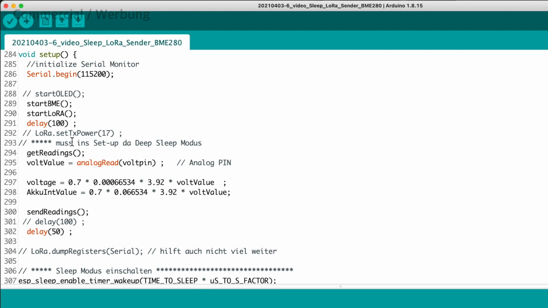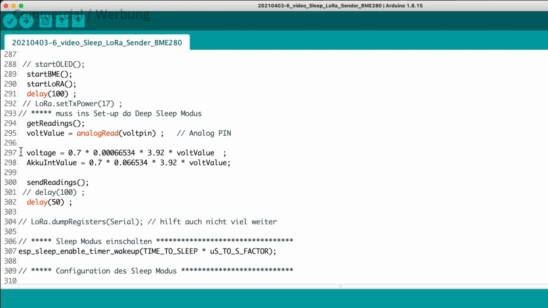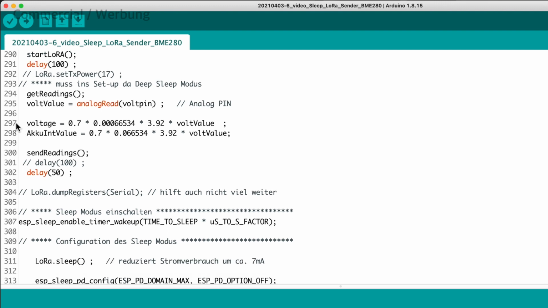And this is because during the deep sleep mode there is only a simple counter running on your board. That's the main secret how you can save energy with this kind of boards. Of course, this means that all setup routines like serial begin, start BME, start LoRa, etc. have to be started for each new period.